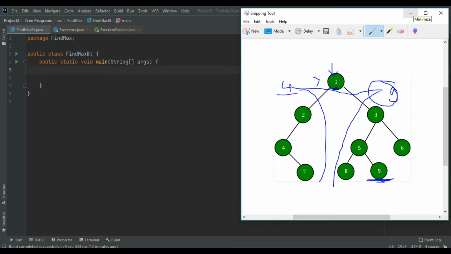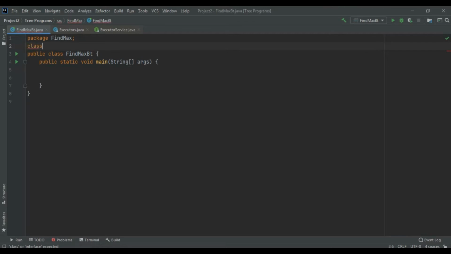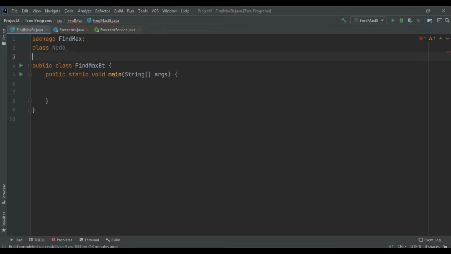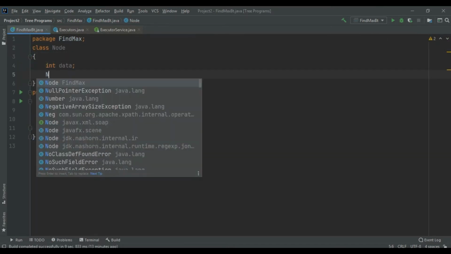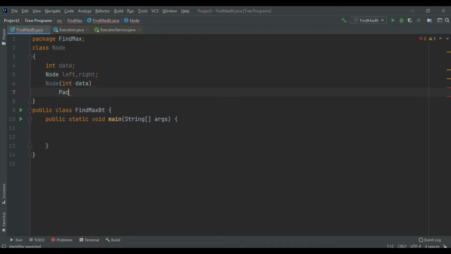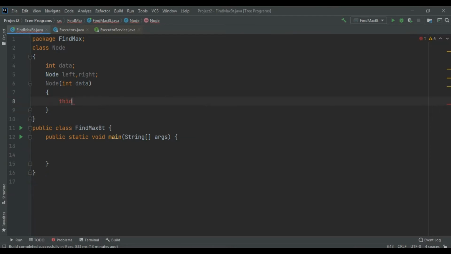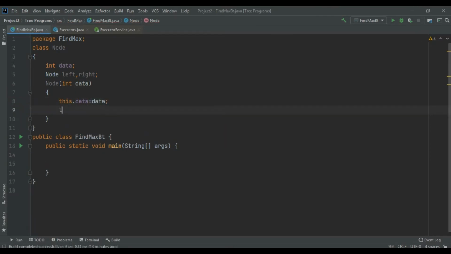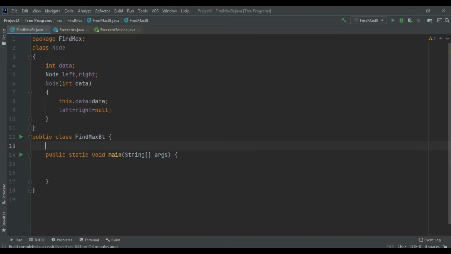Okay, so we would be seeing how to solve such types of problems. Let's roll back into the coding part. So finally we created a node class, as we have been doing from earlier.